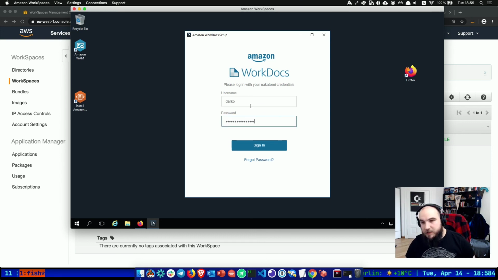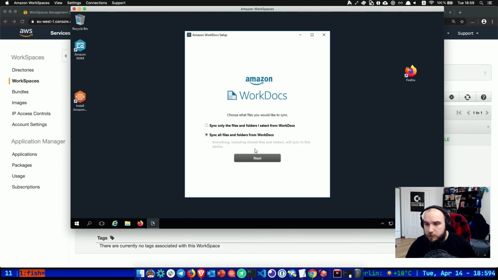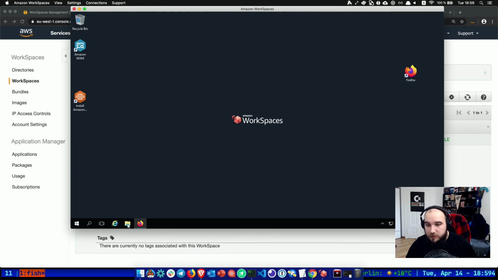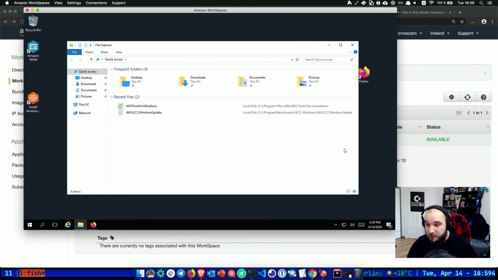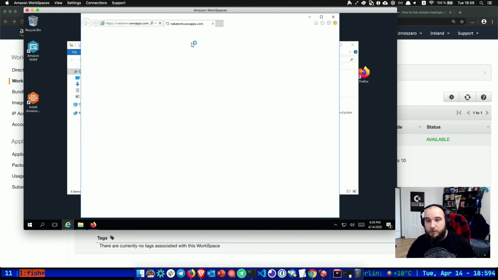So the Workspaces client is kind of pre-installed or almost installed, and this basically gives you the ability to access all files. That's it. Cool. So now this gives you the Workspaces directory or Work Docs application on your Workspaces, and you can use Work Docs to basically